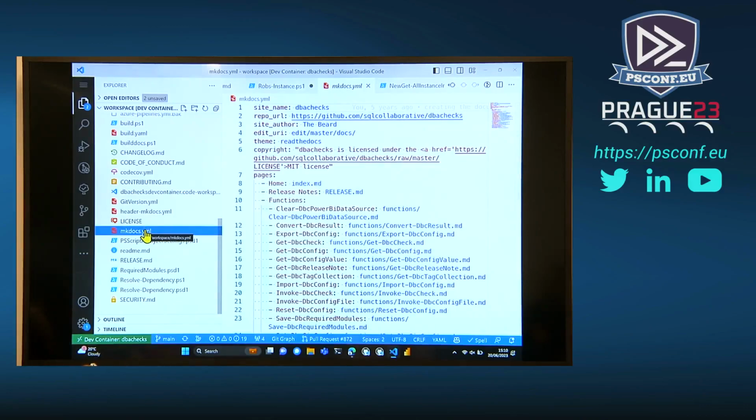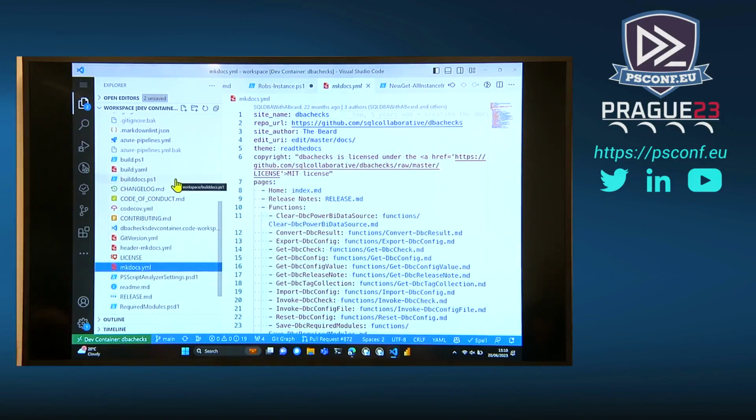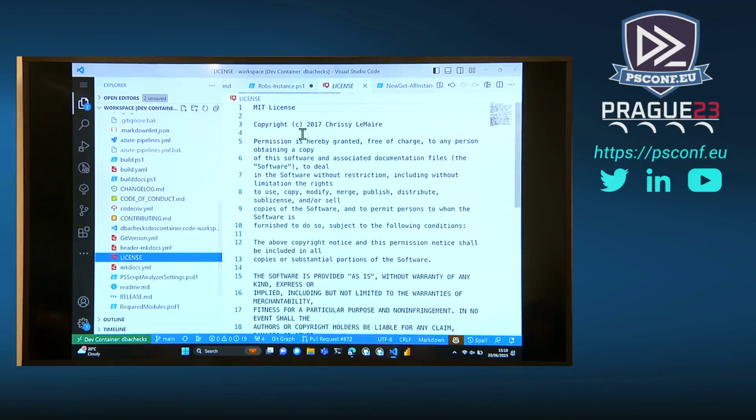I had a make docs pipeline task already. So at the moment, we still make use of that. So I had to move that into here. Code of conduct, changelog, contributing, moved those ones over. The build docs is the thing that does the building. And we put our license in,